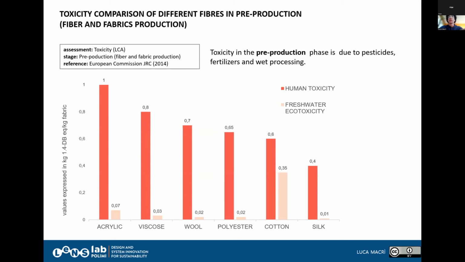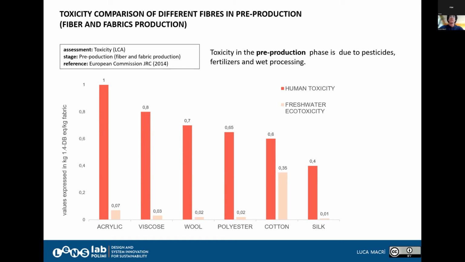And now a point on toxicity. That is also part of pre-production. So when you use fertilizers, pesticides and wet processing, you are using a lot of chemicals, and a lot of those have a toxicity impact both on humans and on ecosystems. And you see that from this point of view, for human toxicity, man-made fibers are the ones impacting more,